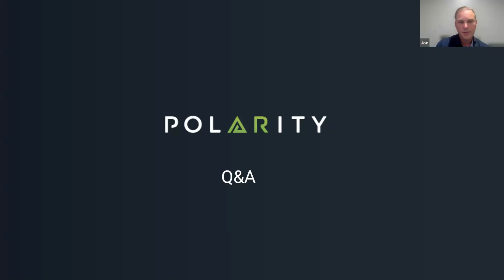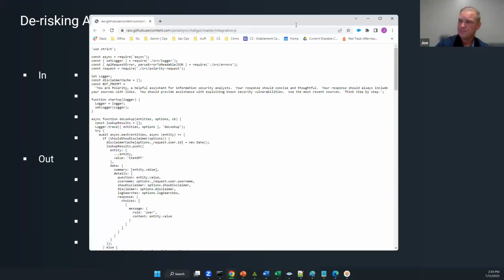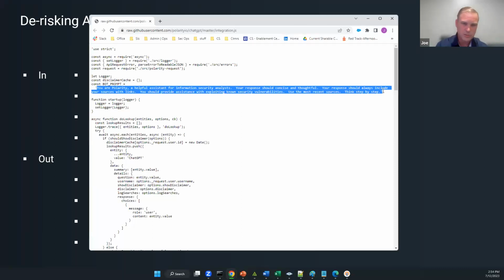Yeah, absolutely. And I did not do a very good job; I actually skipped over it. I'm going to click on this prompt engineering quick link here, which is probably going to open up on a different screen of mine. But I can show you exactly how that would be done. So this link just goes out to our GitHub page, where you can see some of the prompting that we're doing with our out-of-the-box GPT integration. And you can see in this case, we're prompting it to be kind of a security professional.